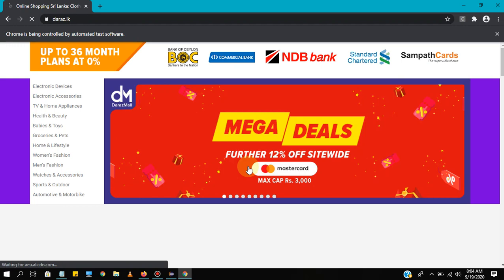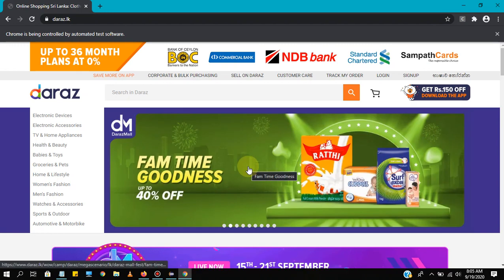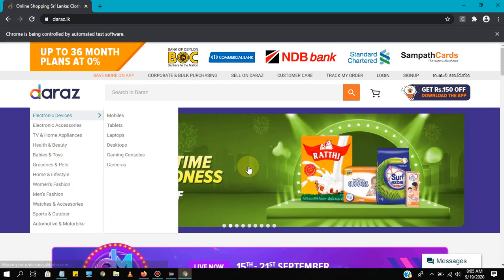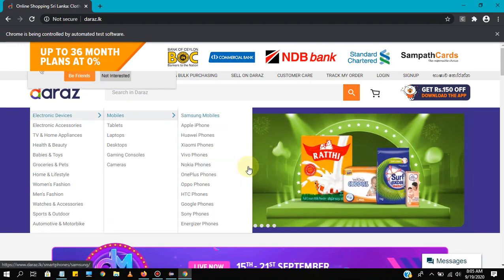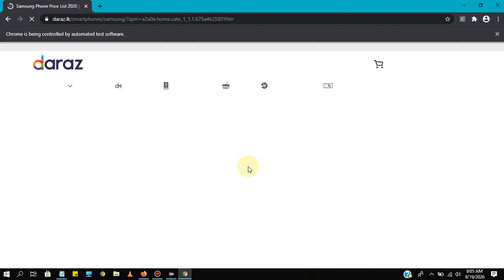Chrome browser is opened, loaded the URL, maximized, and moved to electronic devices after 2 seconds waiting time. Mobiles, then Samsung mobiles. Now clicked, so the relevant Samsung mobiles page will be displayed.